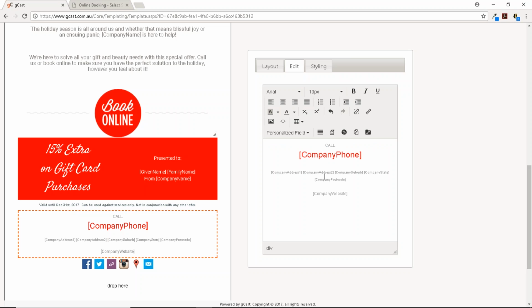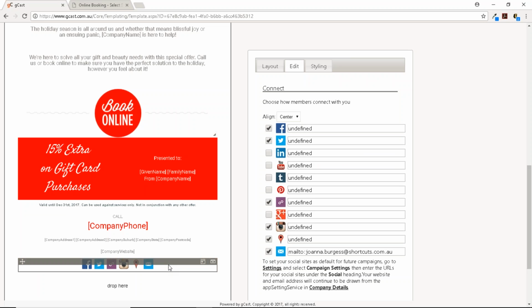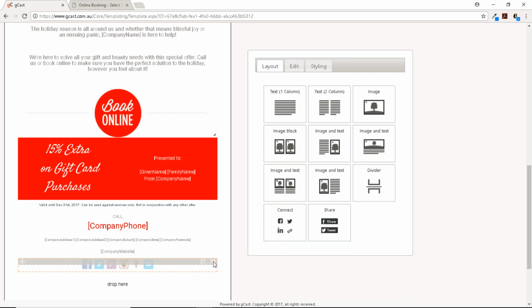Down here, this area is designed to just be static. So any of your information, however it's filled out in your business setup section or the company settings section, should fill in this information here for us. And then down here at the bottom, you guys, if you have your links filled in the site settings section or the campaign settings section, I'm just going to get rid of the links that are currently here.